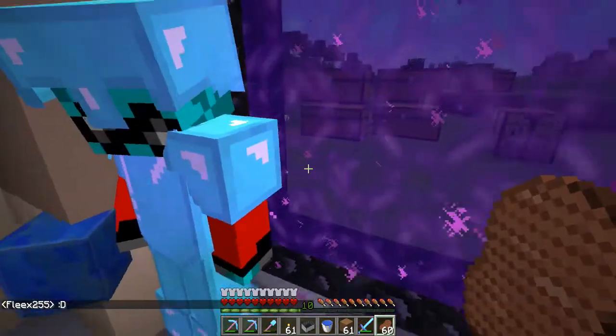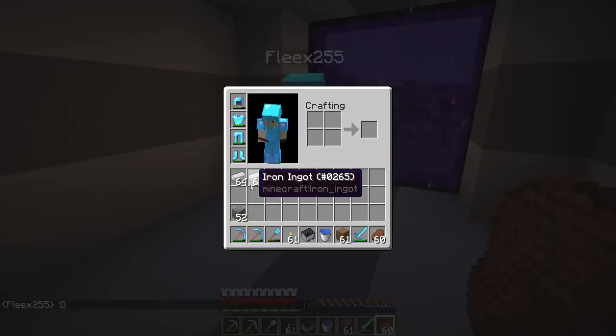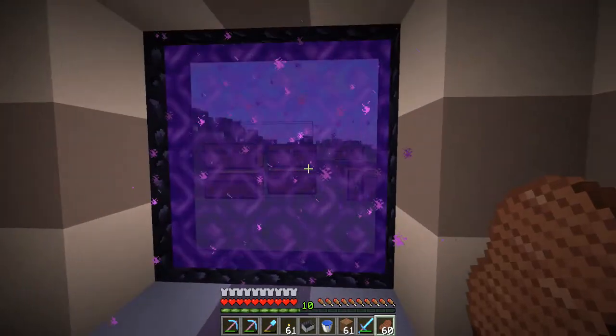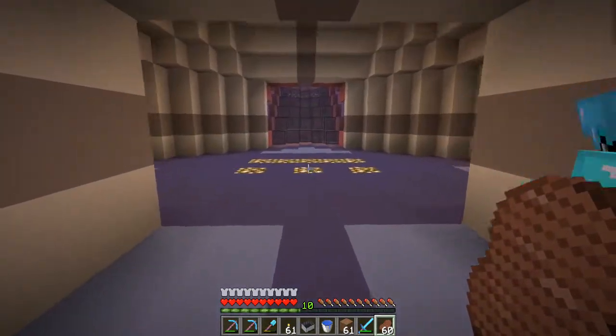So we're over here at Fleeks' base. We just finished up the trade. I got my iron. He got his blocks. And, yeah, so this is his base. It is...